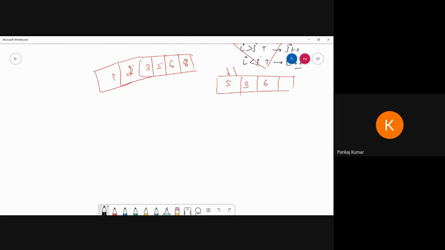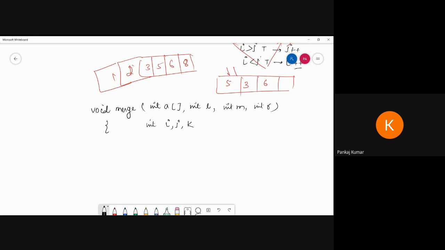So I am going to write void merge. Okay, inside merge I have to pass the array. Then we have to pass the starting minimum index. Then you have to pass the middle element, then you have to pass the ending element. Okay, now here I am going to write, and I have to take i value, j value and k.